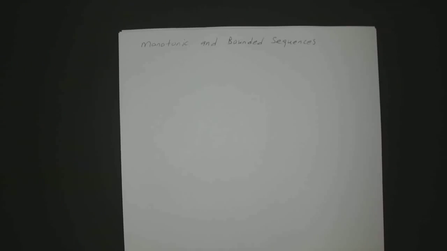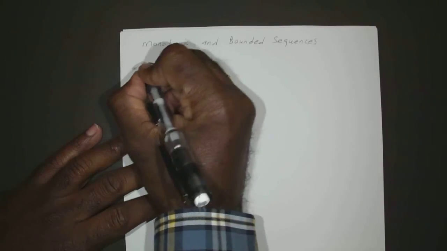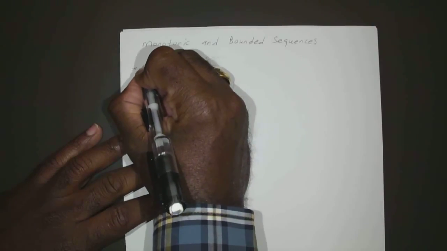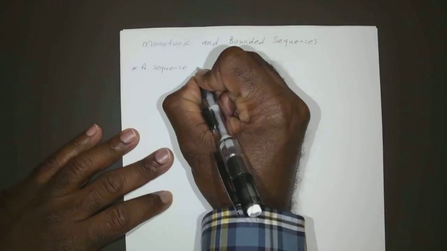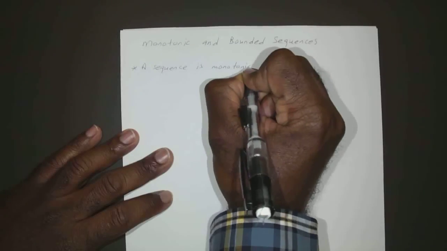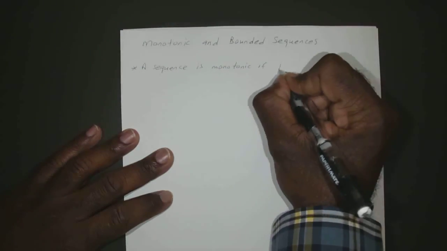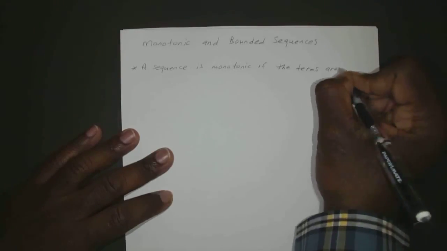Okay. Monotonic just means it's always increasing or always decreasing. So a sequence is monotonic if the terms are non-decreasing,